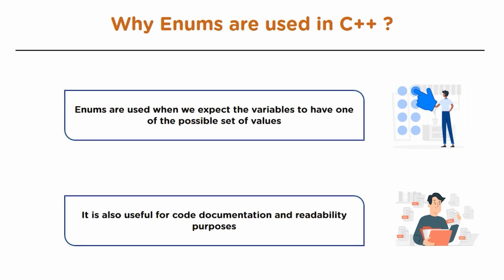So first is why enums are used in C++. Enums are short for enumerations. These are basically used when we have some set of possible values and we have to select one out of it. For example, suppose you are the shop owner and you have 4 types of coffee in your coffee machine. That is cold coffee, hot coffee, black coffee and mocha. And you don't want the trouble of customer putting any other coffee name in the machine, which is not there. Then in situations like these, enumerations are used. Because in enumerations, we have to choose from predefined values, and it is also helpful for documentation and readability purpose.